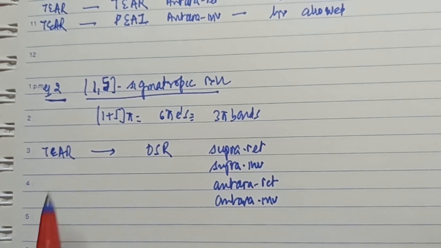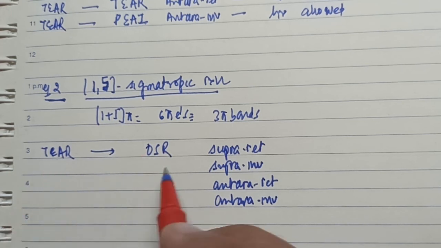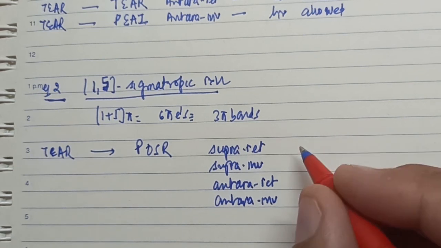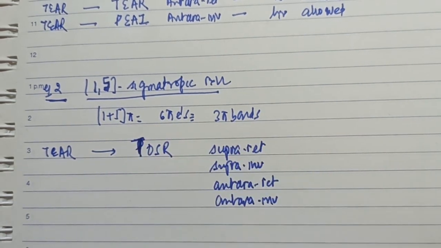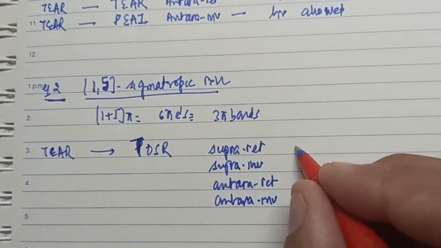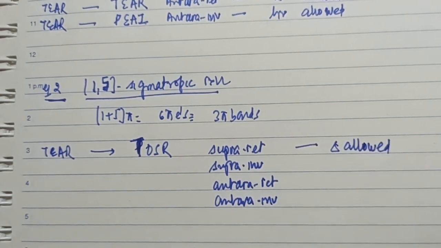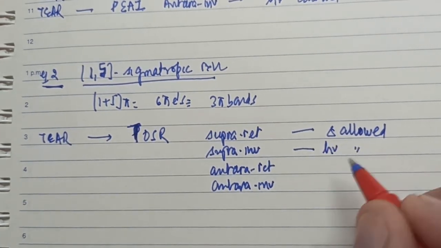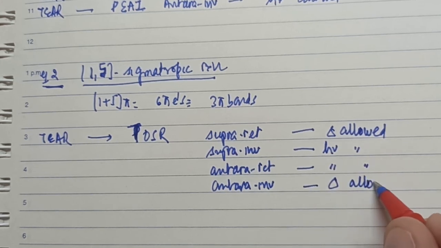As you can see in this case, E is changed to O and A has changed to suprafacial. Therefore, two things have already been changed, so I cannot change the third variable. This process is thermally allowed. You can use the same formula for different reactant systems. This would be, of course, photochemically allowed. This would be photochemically allowed, and this would be again a thermally allowed process.